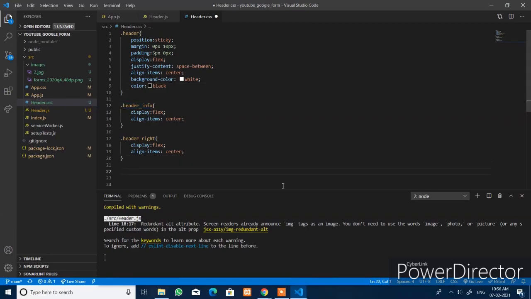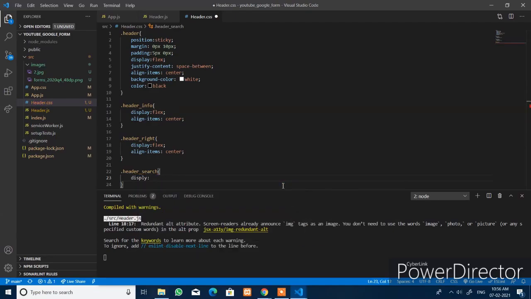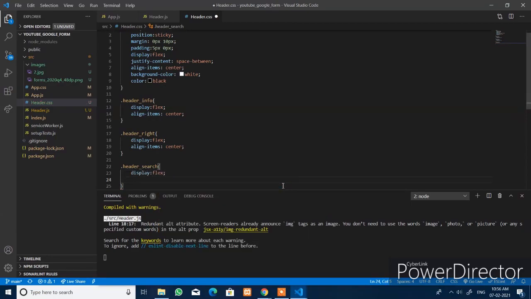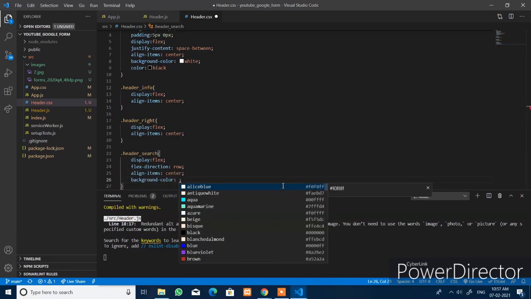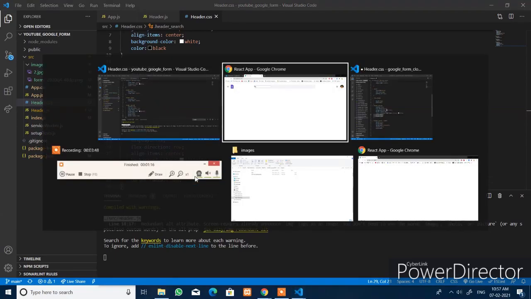For the middle element, header underscore search display flex, flex direction. Now save it and open the browser.